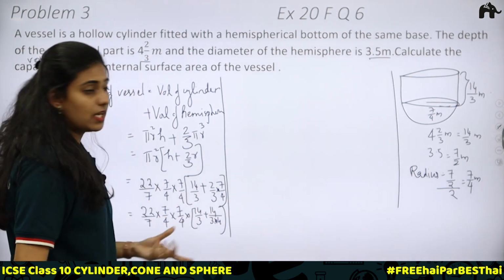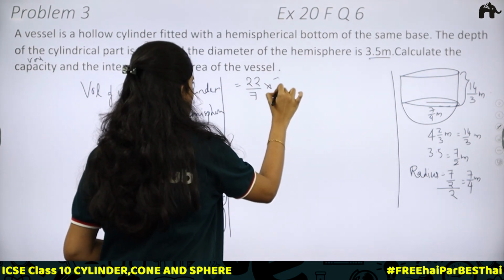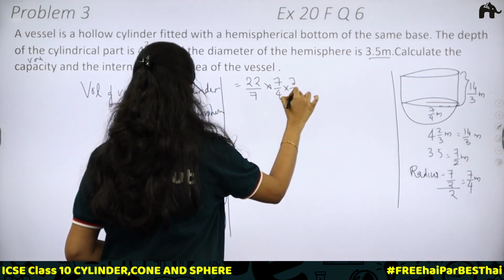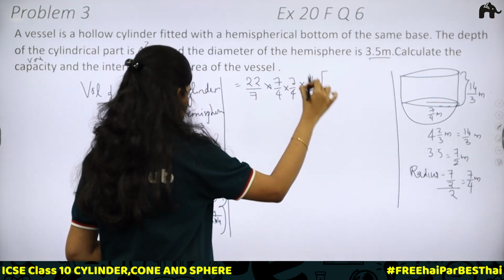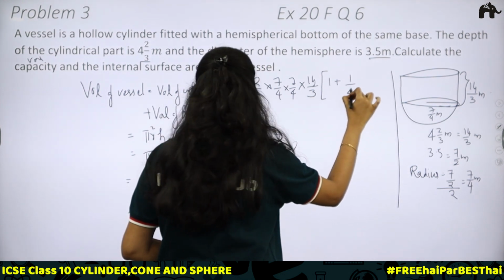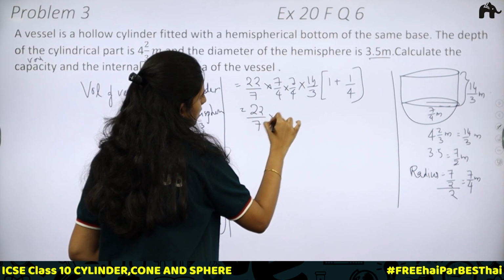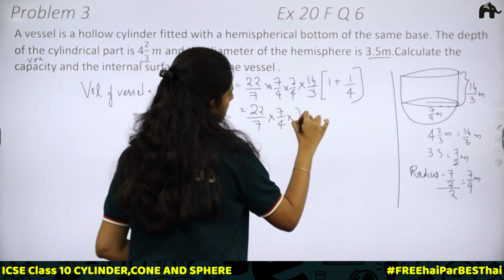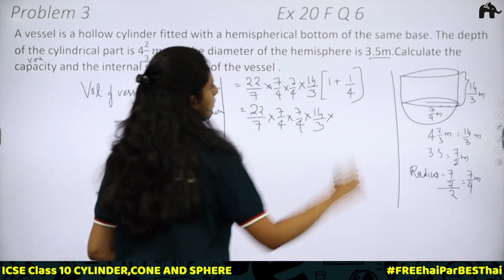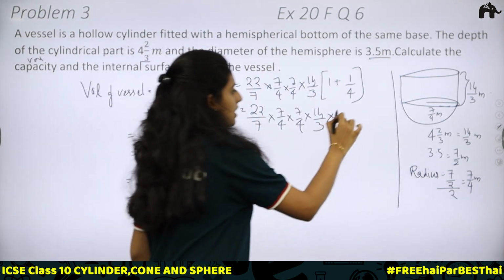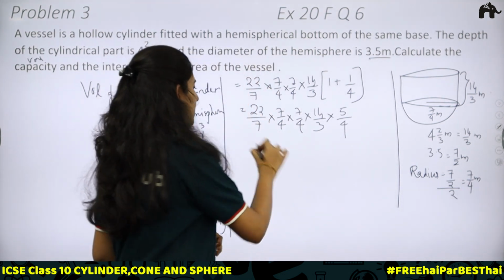Again, 14/3 can be taken out. Then we'll be having 22 divided by 7 into 7/4 into 7/4 into 14/3 into 1 plus 1/4. That is equal to 22 by 7 into 7/4 into 7/4 into 14/3 into 4 plus 1, 5 divided by 4. When you do this calculation by cancelling, you will be getting the final answer